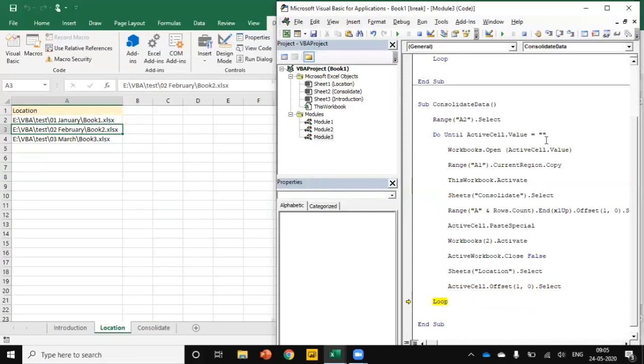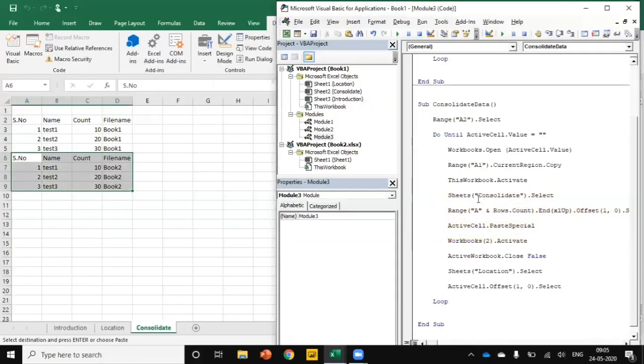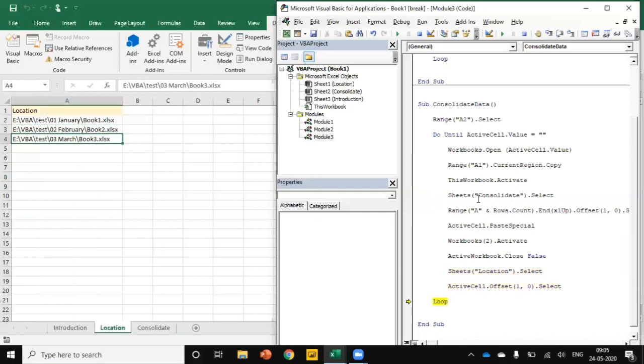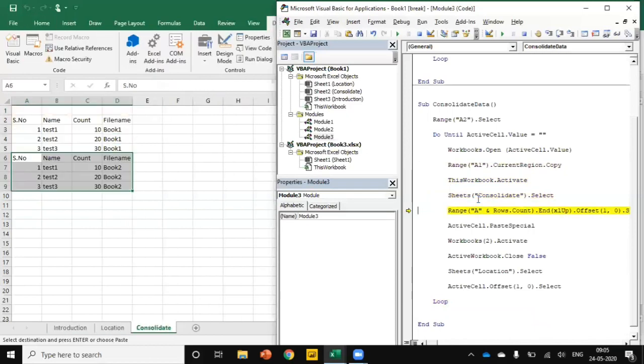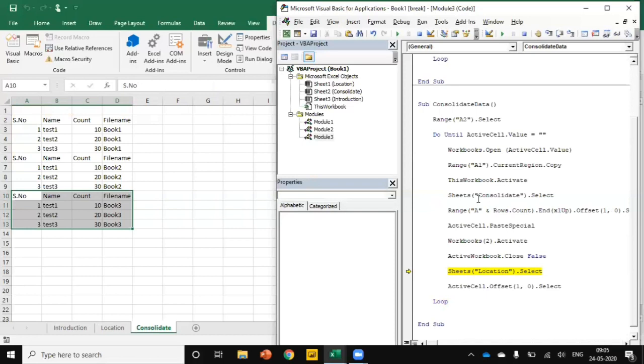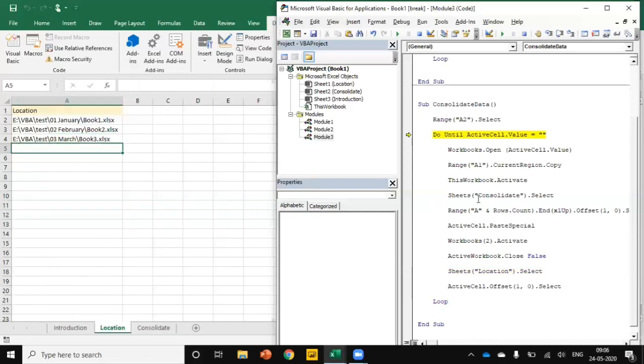Now we can see that automatically the next cell has been selected. Copy the range and paste it into the cell. Finally, it will exit.